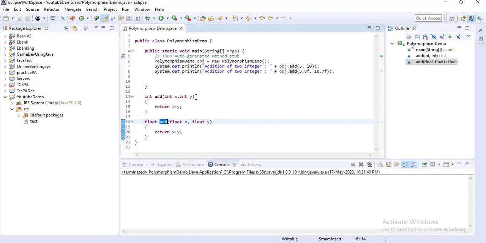The compiler's responsibility is to choose the correct form of the method, and the developer's responsibility is to write down all the possible combinations, for example for the add method, the addition of different parameter types. They have to write different combinations of the add method, so that whatever the end user calls, a corresponding match is there and it returns the correct values. So this is the concept of polymorphism and overloading in Java.